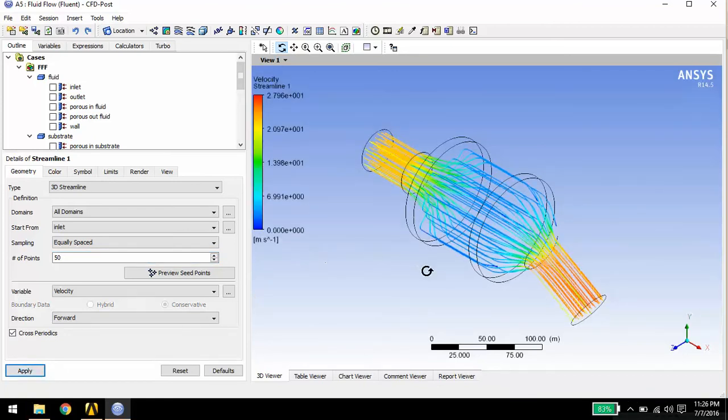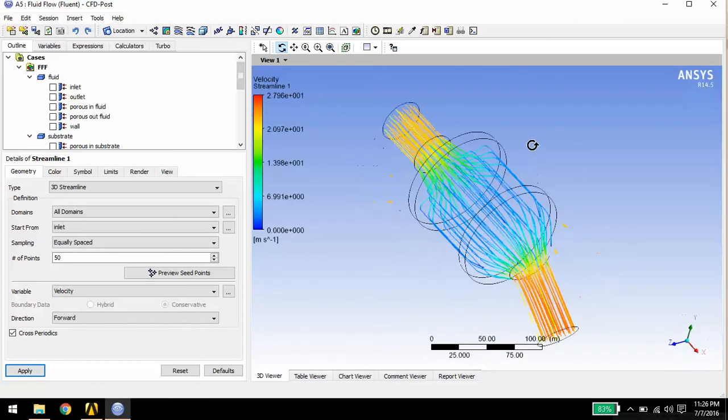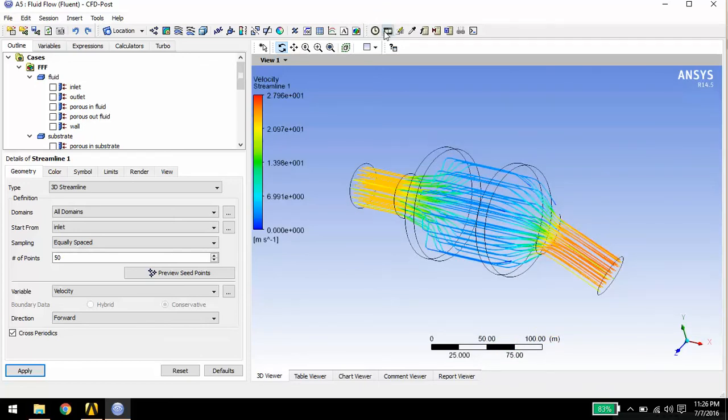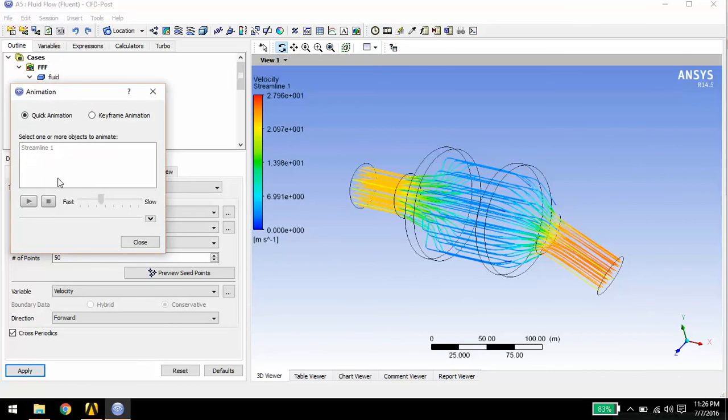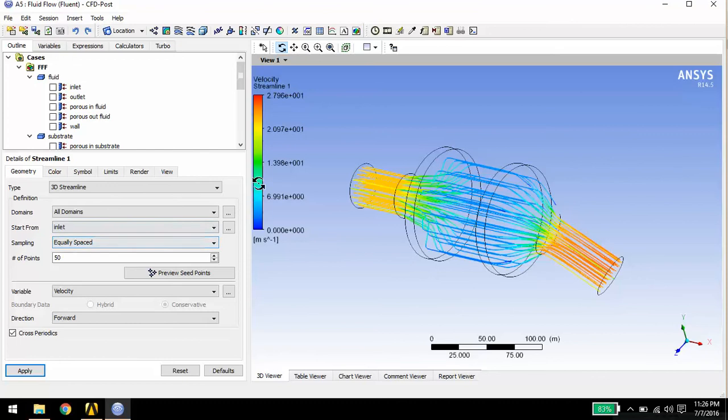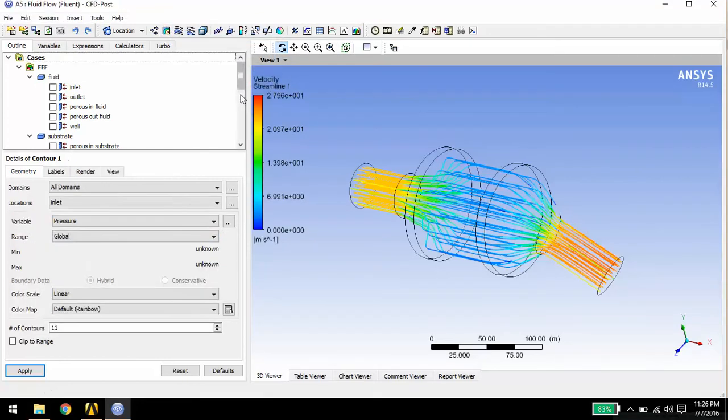Now you can see here the flow rate, streamline. If you want to animate, press this button, select the streamline. If you want to see contours, hide the streamline.